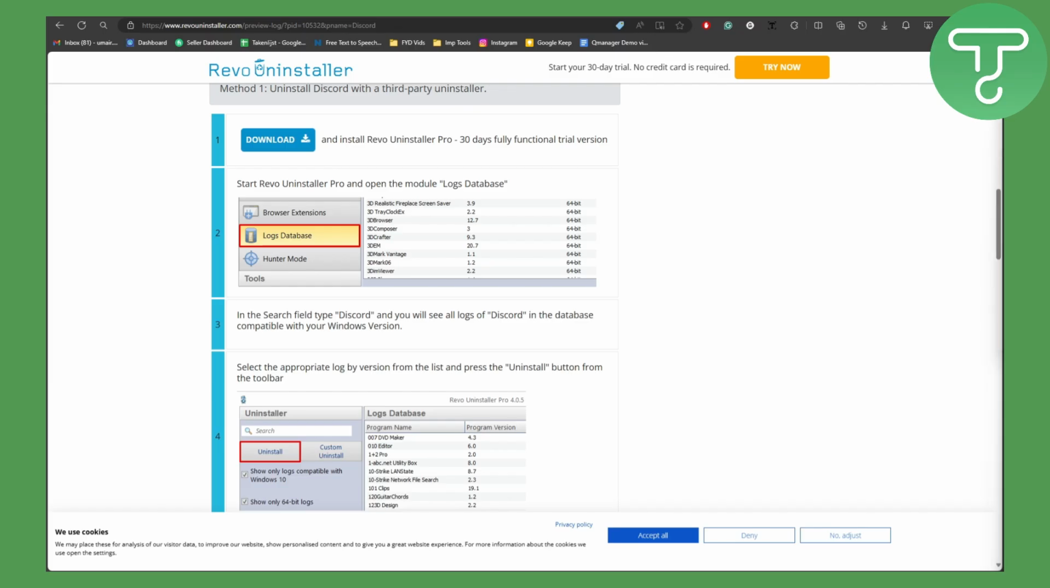we will be discussing how to fully delete Discord from PC. Now this is going to be a step-by-step guide, so make sure you follow till the end of